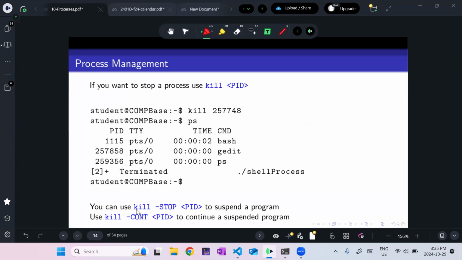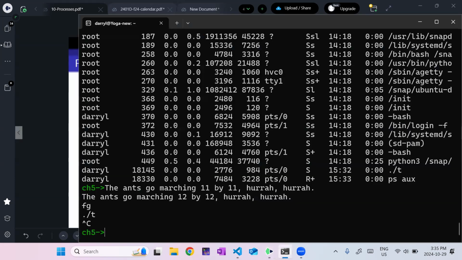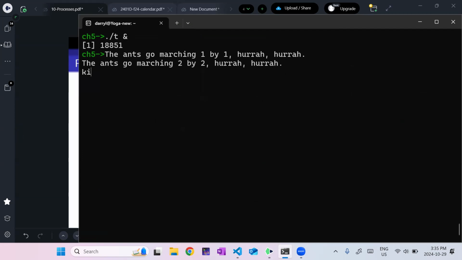You can use this kill command, and with my kill command, I can specify a signal that I want sent, and to which process I want it sent, right? Whereas before I used, what did I use? I guess I used Control Z. I can do the same thing with kill stop. So let's run this again. So now this is running in the background and I want to pause it. So I'm going to say kill dash stop and the process ID 51.